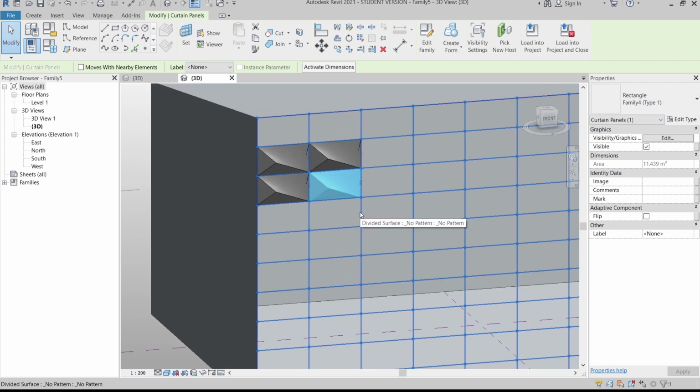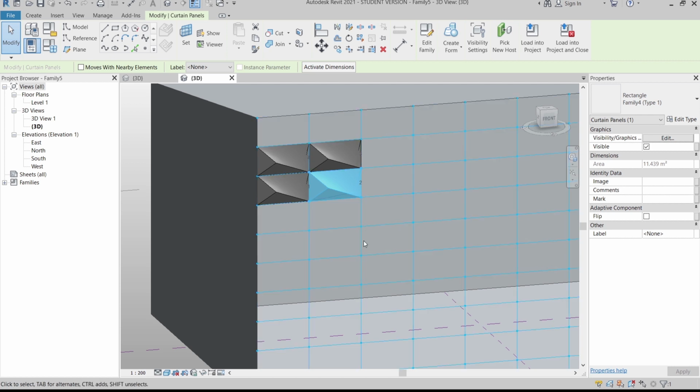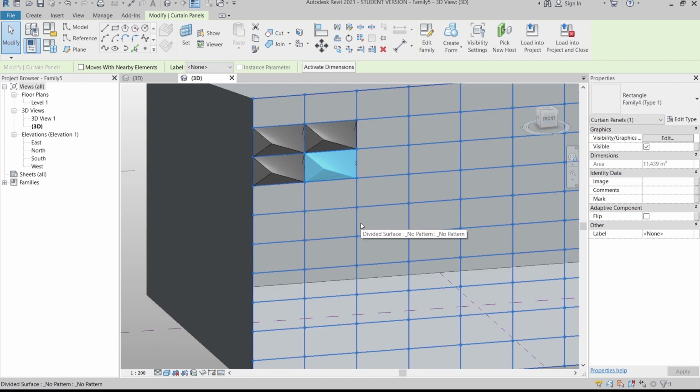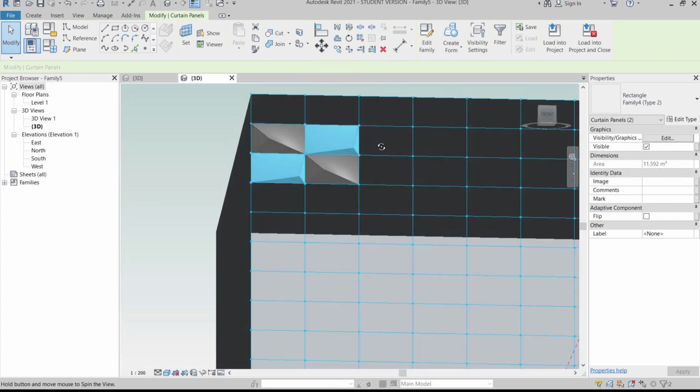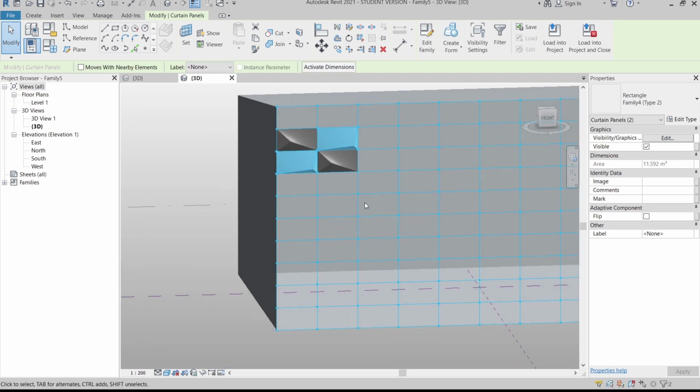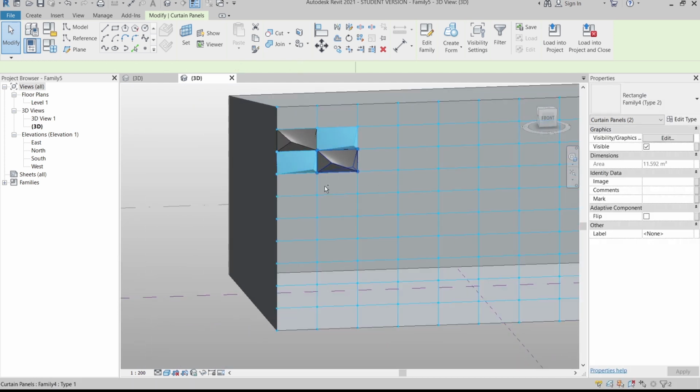but we just create two types to follow our photo reference for the headquarter conference hall. So what I'm going to do, I just select my component there, 1, and hold the control key on my keyboard for multiple selection, then change from type 1 to type 2. As you can see, it's reflecting. It's perfect for me. So I just select my number 3 and number 4.